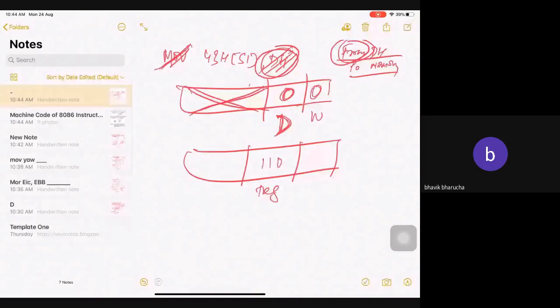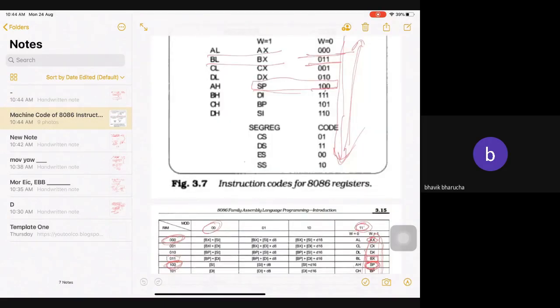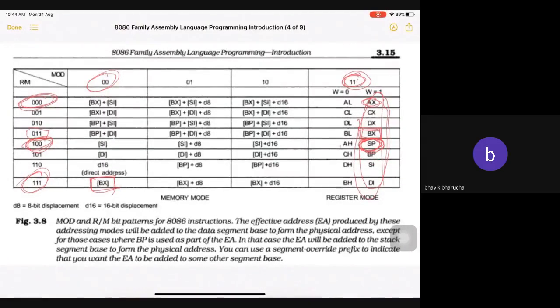So this is done. Now you need to write down these two boxes. So you need to check your addressing mode. Let's go to the addressing mode. This is my addressing mode. Fine. What is SI plus something? This is called displacement. 43H is your displacement and it is an 8-bit displacement. So SI plus 8-bit displacement.